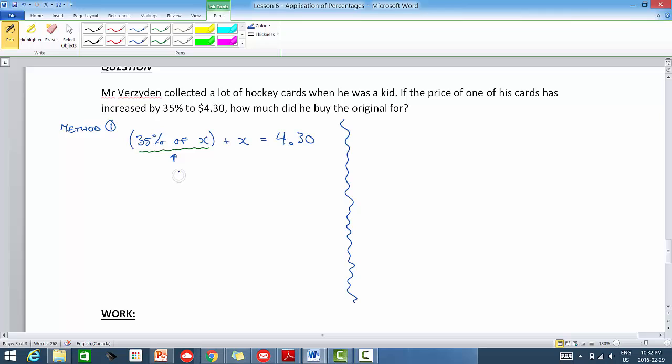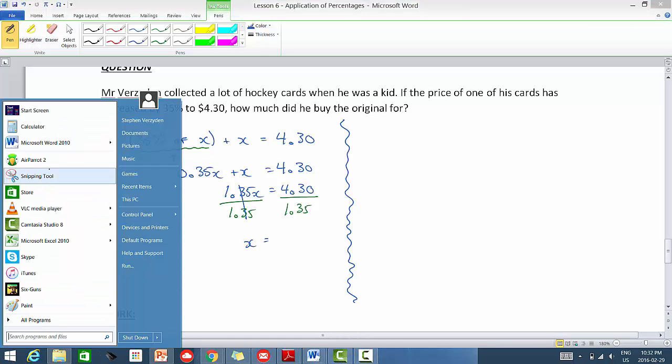So what that looks like is 0.35x plus x equals 4.30. So 0.35x plus 1x is 1.35x equals 4.30. Okay, now we get the x by itself. So what we're going to do is divide by 1.35 and 1.35. When those 1.35s cancel out on this side, we're left with x equals, and we'll get our calculator out,